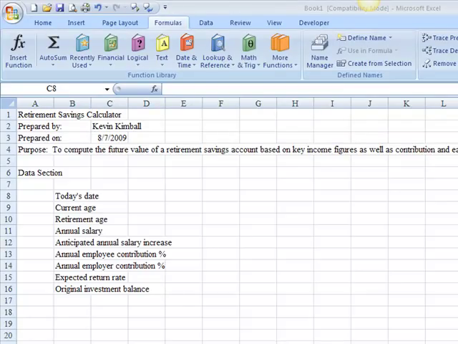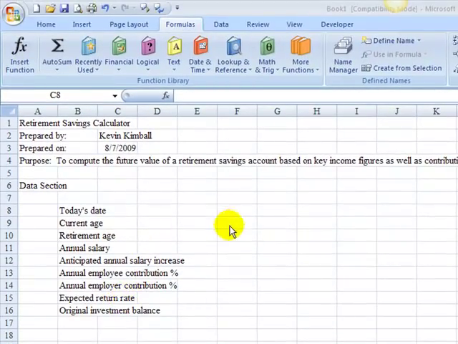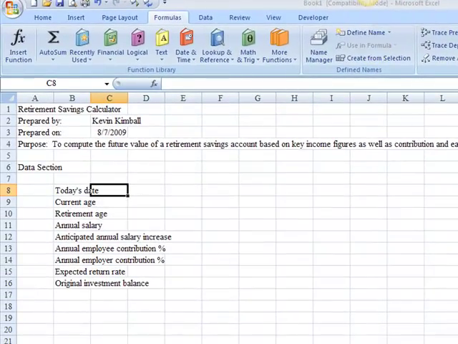Now I'm going to show you a quick way to name these cells, and I'm going to put them right next to, I'm going to put them in cell C8, and then what I'll do is I'll cut them and paste them over to E in a moment. But I'm going to use the define name feature. If you look up here under formulas, define name, and I choose the drop down and choose define name,